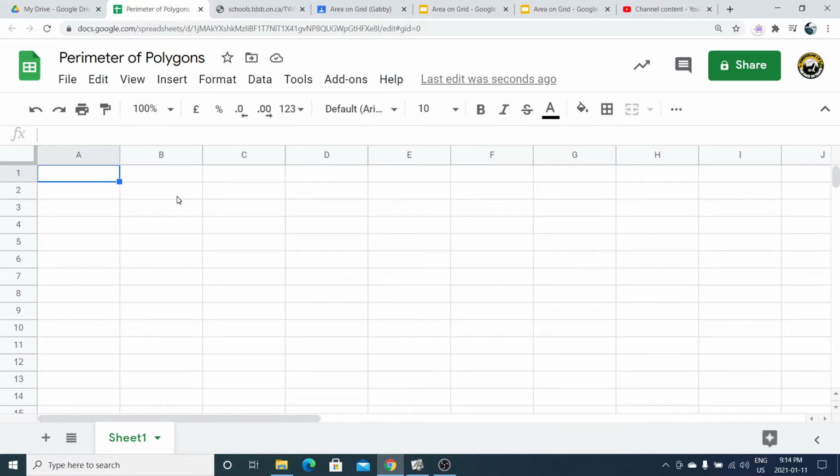inside here. So you're going to program the Google Sheets to add it all up or do whatever functions you want it to do. Because we're doing perimeter, we have to add all the sides together. So